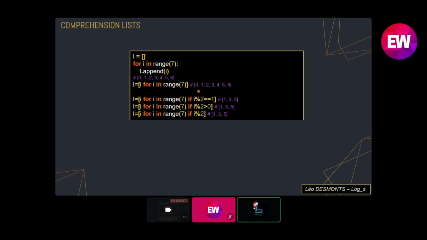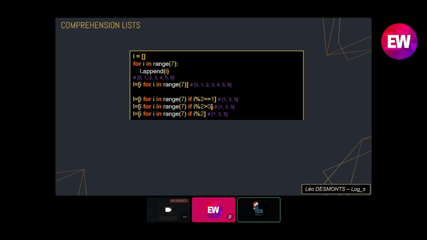The condition is i mod 2 equals 1, so it means we are keeping only odd numbers. We iterate through 0 to 6. 0 doesn't match this condition because 0 mod 2 equals 0, so we don't keep it. Next in row is 1. 1 checks this condition, so we keep it, etc., etc.